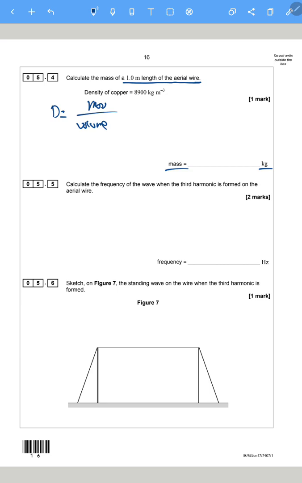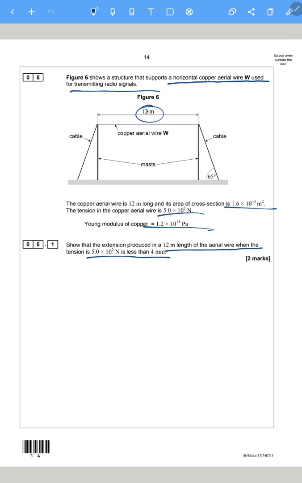Density equals mass over volume. Meters, kilograms. So density equals mass over volume. So that is that. 18000 times the length of the aerial wire. So 1 meter length, mass times volume. The copper wire, 12 meter long wire, is a cross section of that much. So the area is that much times 1.6 times 10 to the minus 5, and that's 1 meter of that. So that is